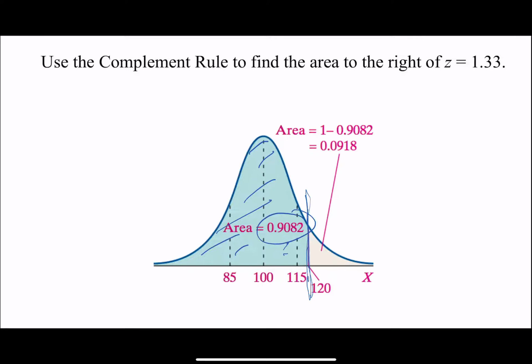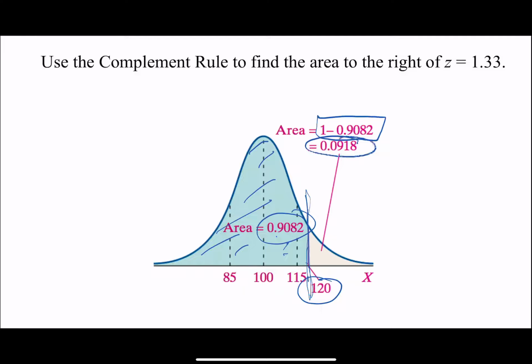So I can see that area right there, see how that area under there corresponds to 0.9082. What if I wanted to know what percent of the population has an IQ higher than 120? I know that 0.9082, or 90.82%, has an IQ that is 120 or lower. I want to know what proportion of the population has an IQ score higher. So you have to do the complement rule. So you do 1 minus that 0.9082 and you get 0.0918, or 9.18%